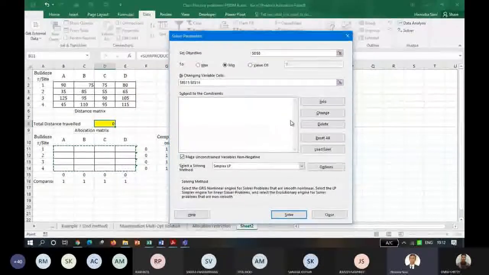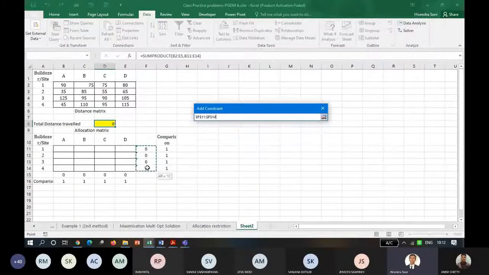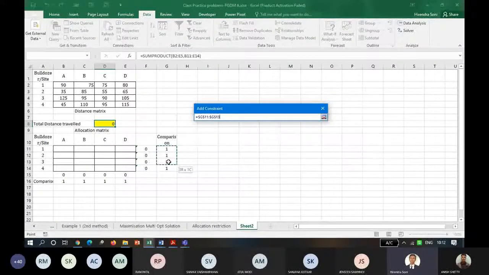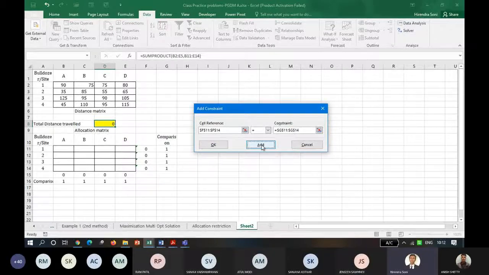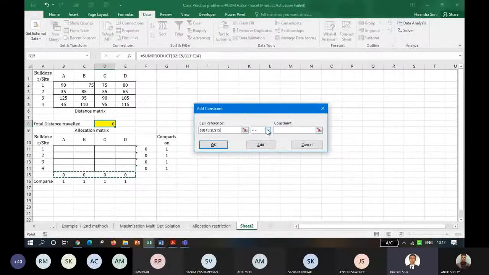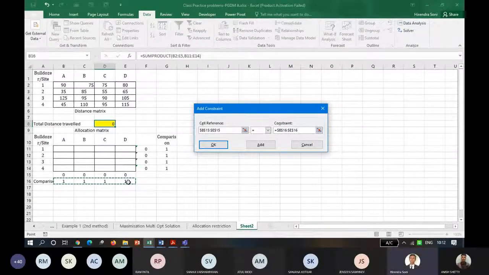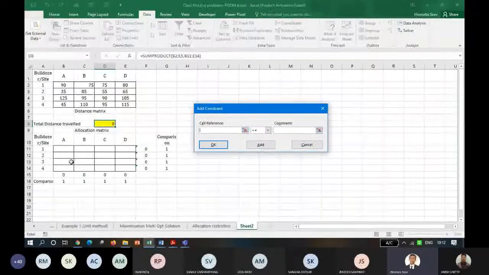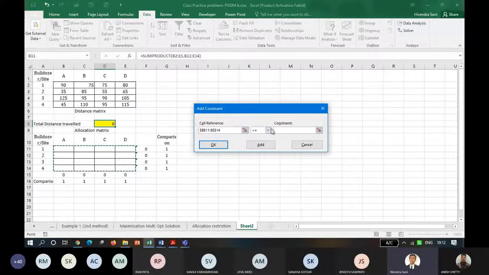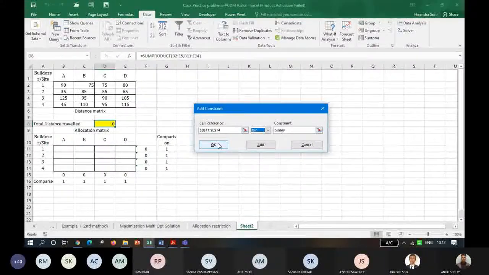Okay, the constraints to be added are the values in these cells should be equal to values in these cells. Add. Values in these cells are supposed to be equal to values in these cells. Add, and the third constraint is all the values in these cells should be either 0 or 1. That means they should be binary. Click on